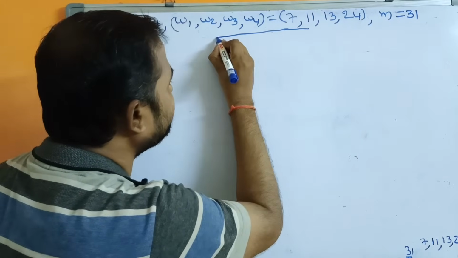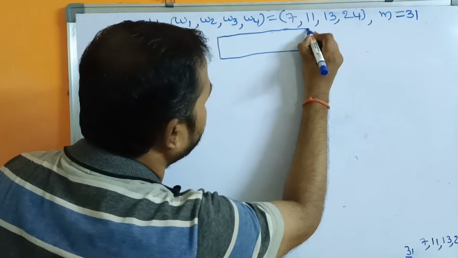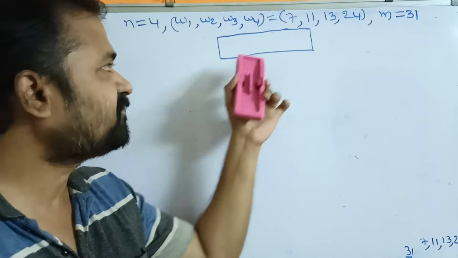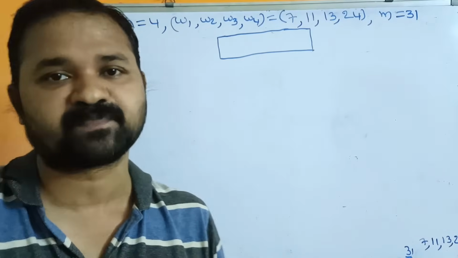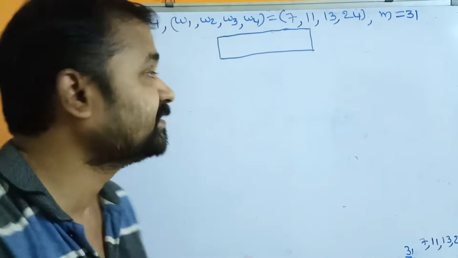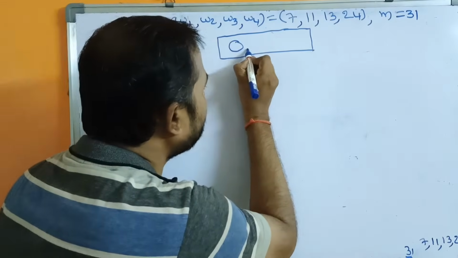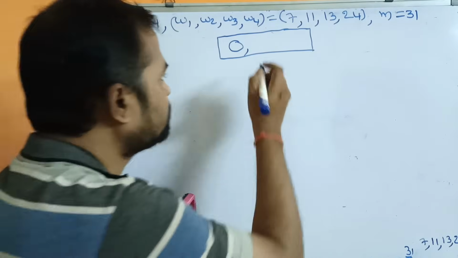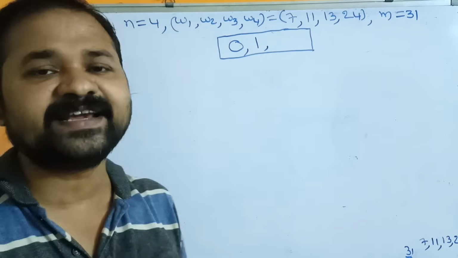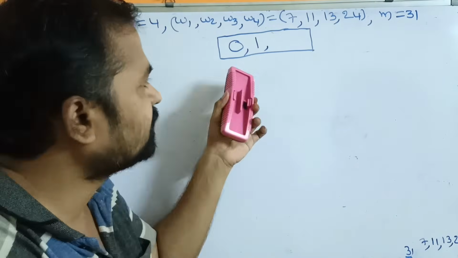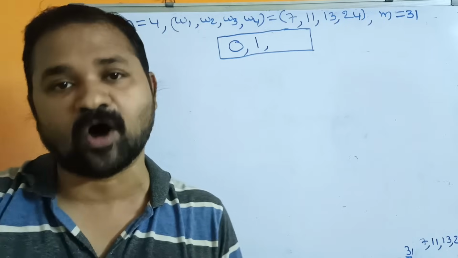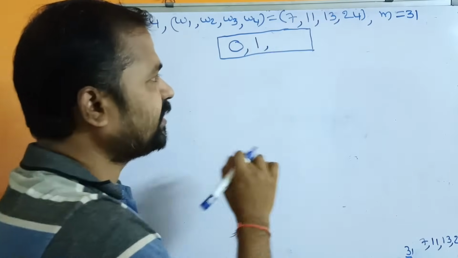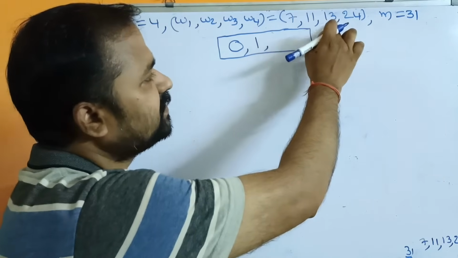So we know what a state space tree is. It contains all the possible combinations, all the possible solutions. Here each node mainly contains 3 fields. Here first we are not considering any object. So if we are not considering any object, then the corresponding sum is 0. Next, in the next level, we are going to consider 1. So 1 specifies that we are considering object 1 at the next level. Next, what is the sum of weights of all the objects? The first object weight is 7, the second is 11, then 13, then 24. So 7 plus 11 is 18, 18 plus 13 is 31,